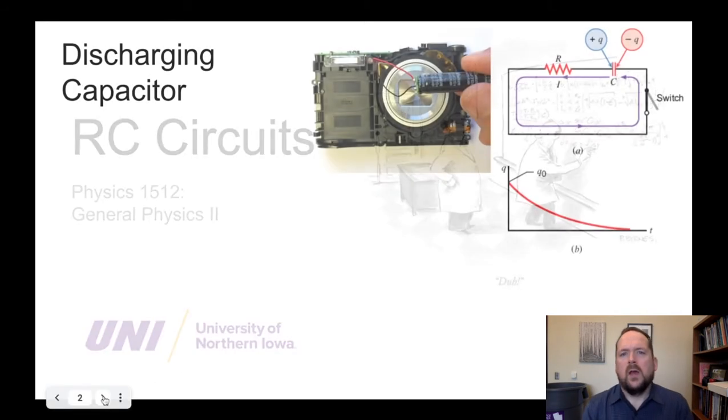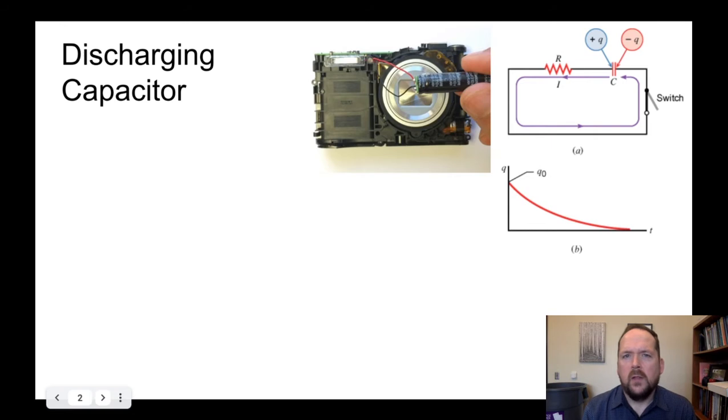If you've ever used a camera that has a flash unit in it, that flash unit typically has a capacitor associated with it. One of the worst shocks I got in my life was playing around with one of these disposable cameras in a teacher workshop and touching the two terminals of a capacitor that turned out to have been charged. So here the person is holding a capacitor that's connected to that light bulb,